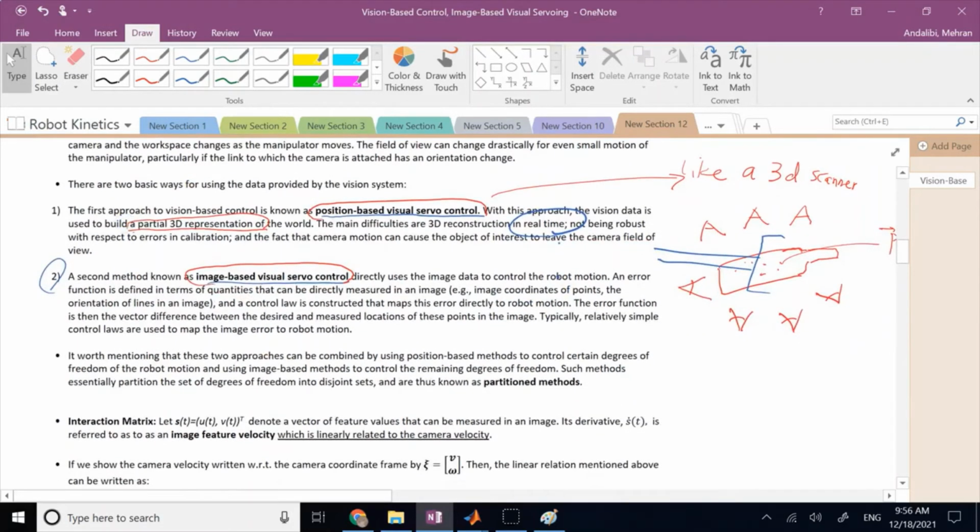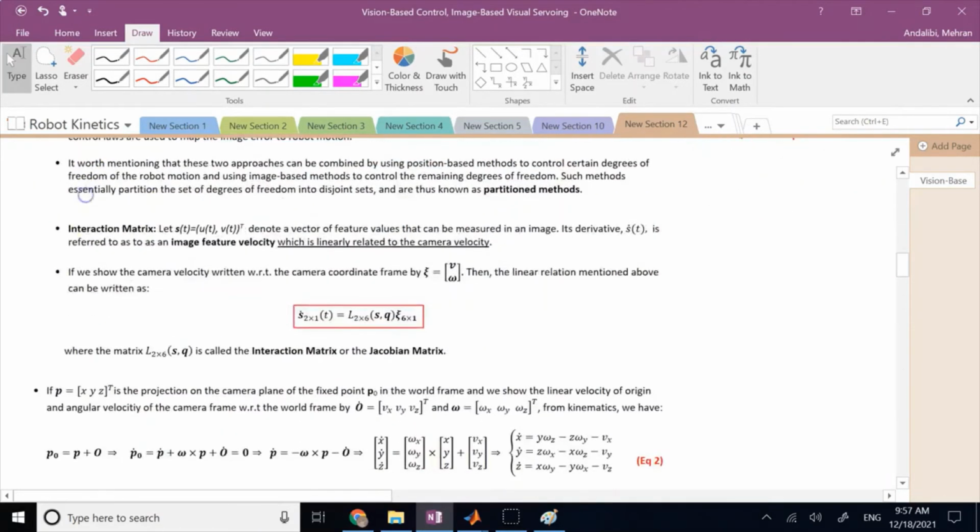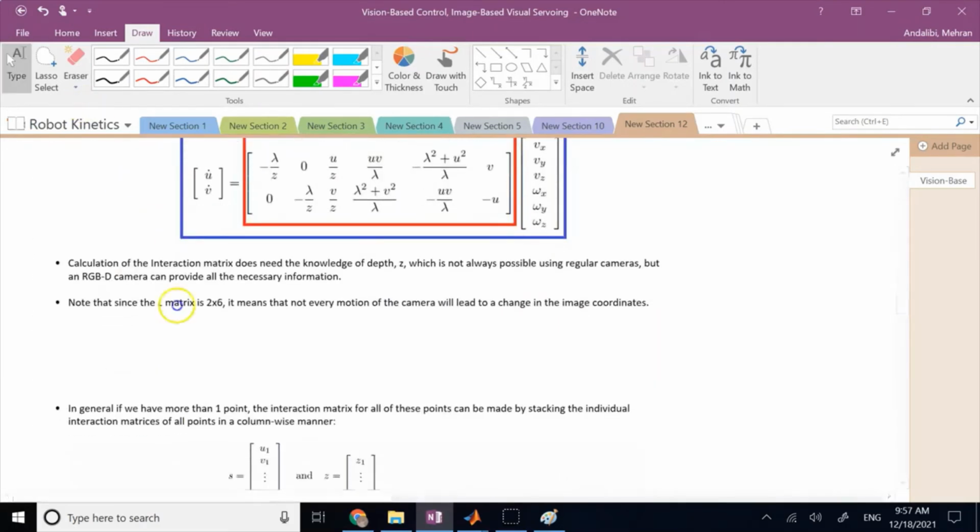So just wanted to know that there is such a thing, and that such a thing has a problem of computation. The second approach is we are not trying to recapture the 3D information of the world. Instead, we say no, whatever we see in the image plane is enough. We just stick ourselves to the 2D data on the image and forget about 3D, and try to design a control law for the robot based on the 2D features I see in an image, not 3D data. Like what? Let's say, for example,